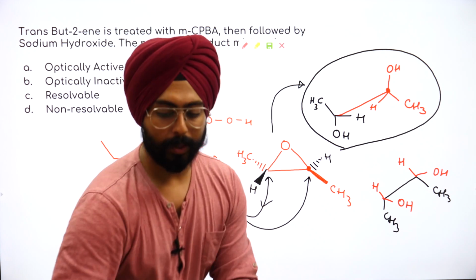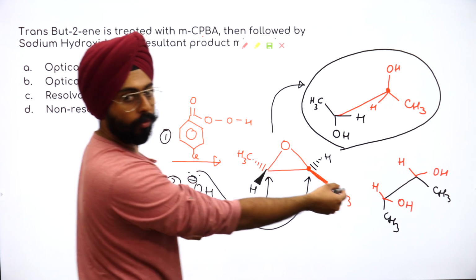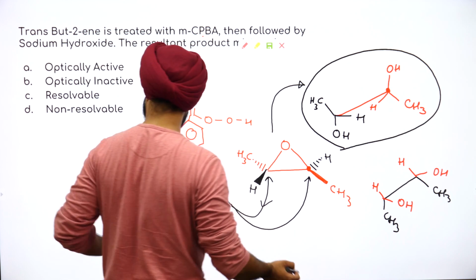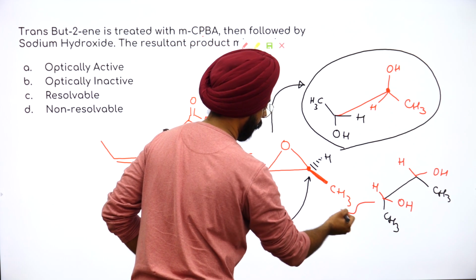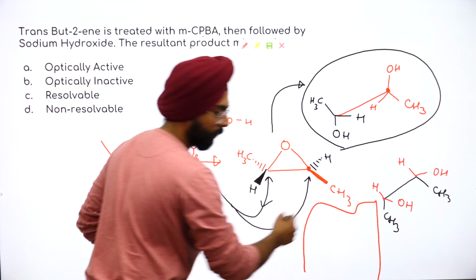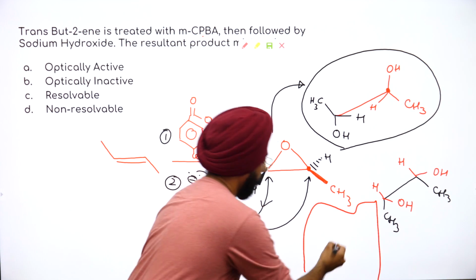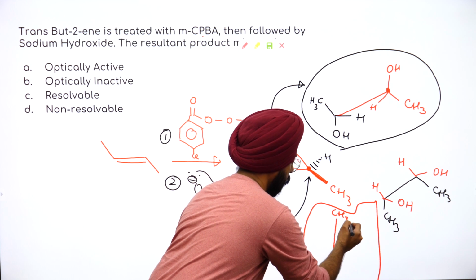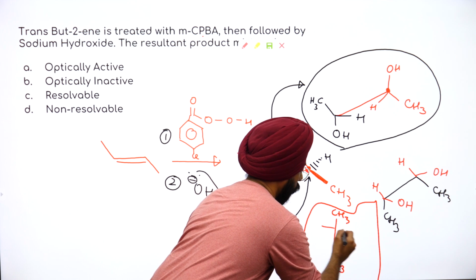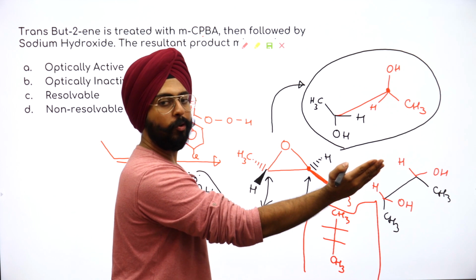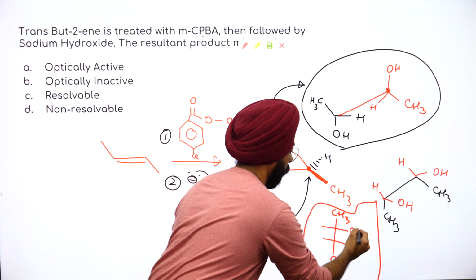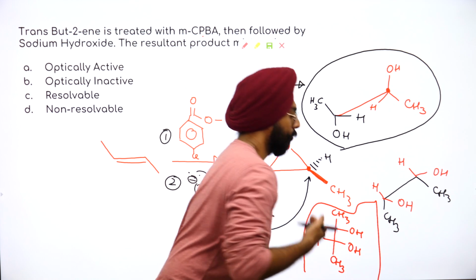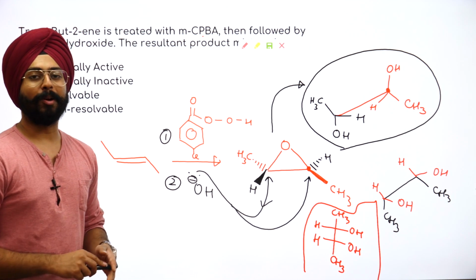Alright, so what you will get ultimately after all of this analysis, कहाँ पे बनाऊँ मैं इसको, जगह नहीं बची बोर्ड पे. Let's make it over here itself. इस जगह पे बना देते हैं. So what will I get? I will get this line. There is CH3 on the top, CH3 on the bottom. On the top, on the right hand side you have OH, left hand side hydrogen, OH, H. Bottom maybe OH and H. People, do you realize what type of a compound this is?